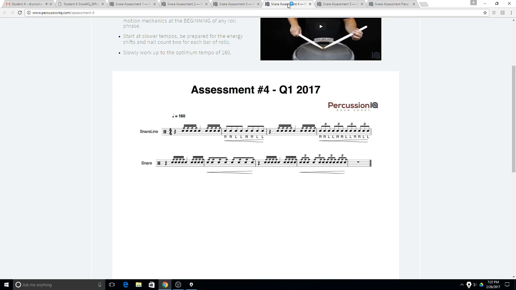Overall, I thought it was pretty strong. One of the things I caught was that every once in a while you pinch off these two diddles, which makes sense because it's right before you go into a modulation. But we got a little tight there. We lost finishing that bar, that phrase, before you go into the next phrase. So that means there's a little too much pinch in your fulcrum right when you kicked into eighth notes or